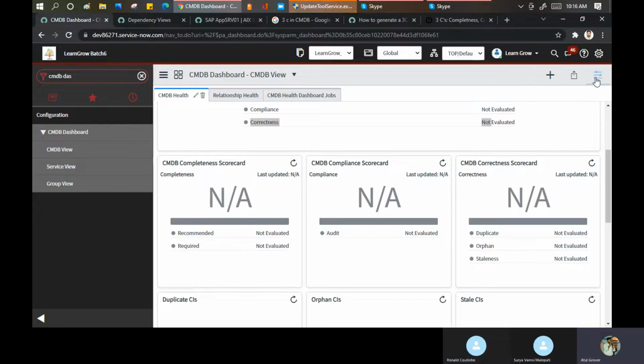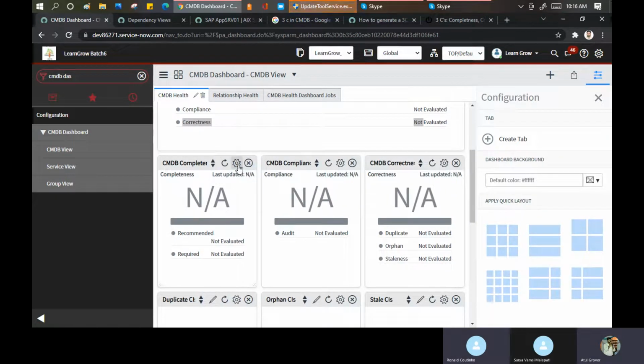Just click here and edit the visit. Where is it coming from? You need to see if it is coming from PA or what. It's not PA, I guess. It is maybe a simple report only. Let's do one thing now.